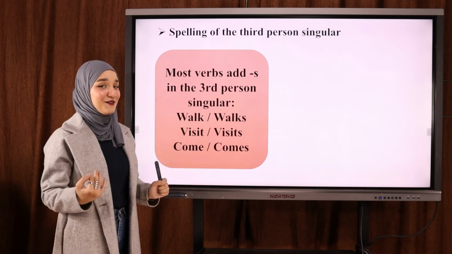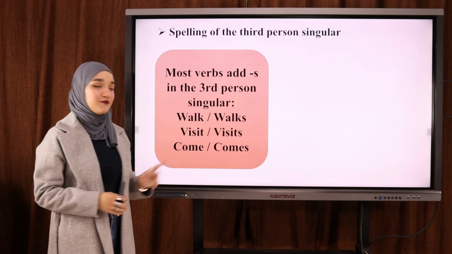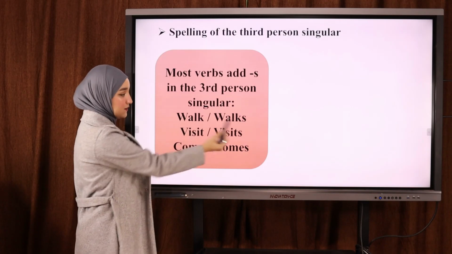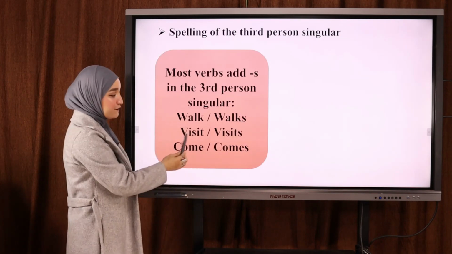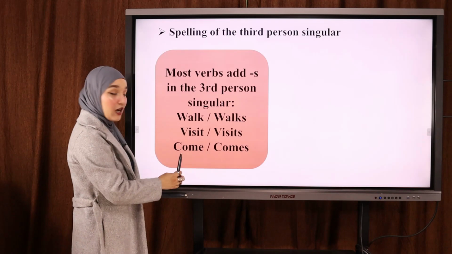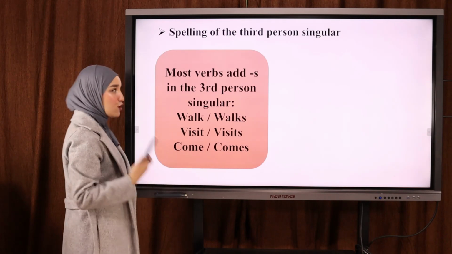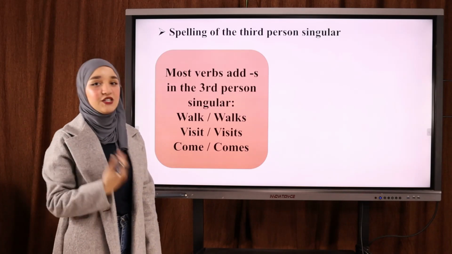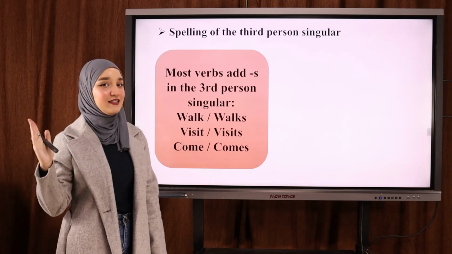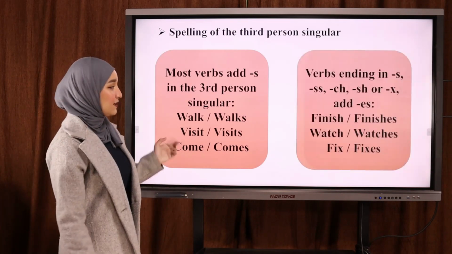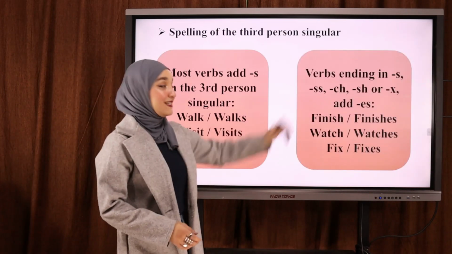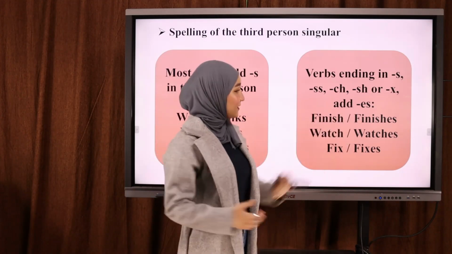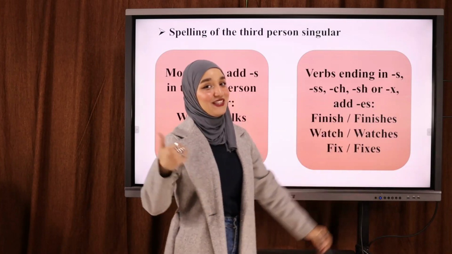we add s. Okay, in the third person singular. And here's an example: walk, walks. Walk, walks. We just add s. Visit, visits. Come, comes. Okay, so most of the times with most of the verbs مع معظم الأفعال في معظم الأحيان we just add s. نضيف s with she, he and it. Okay, pretty basic. Verbs ending in s, double s, ch, sh, or x, we add es with he, she, and